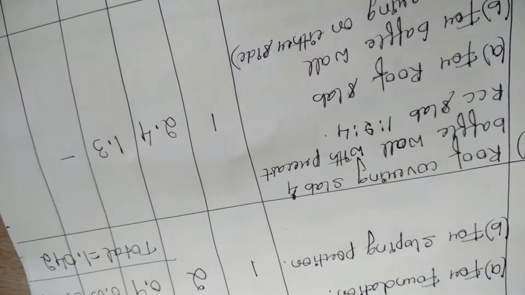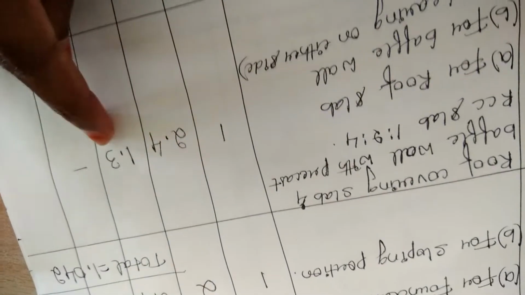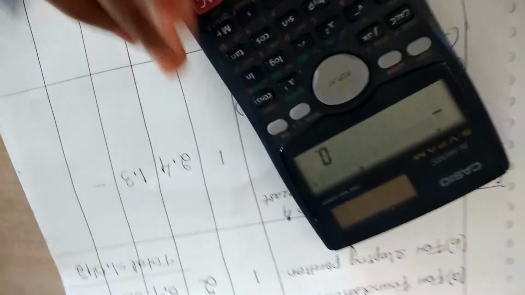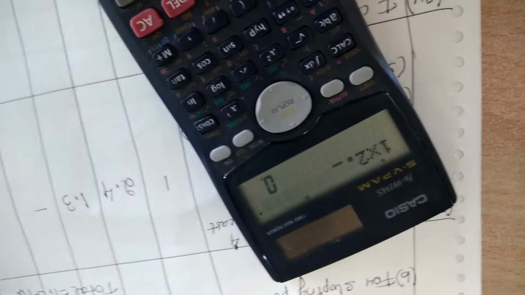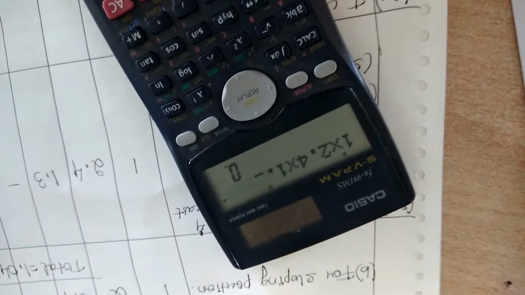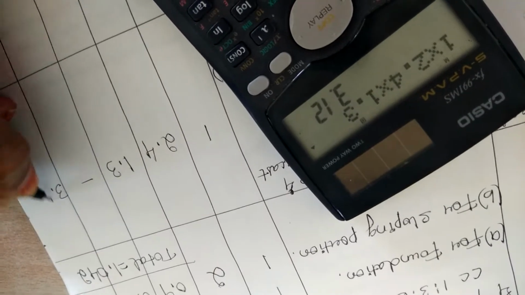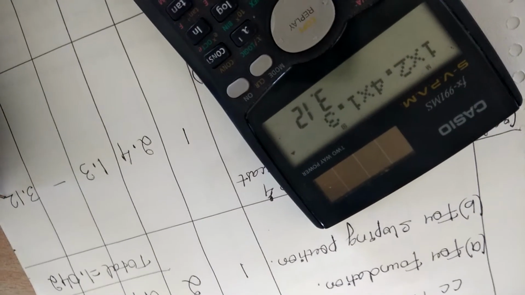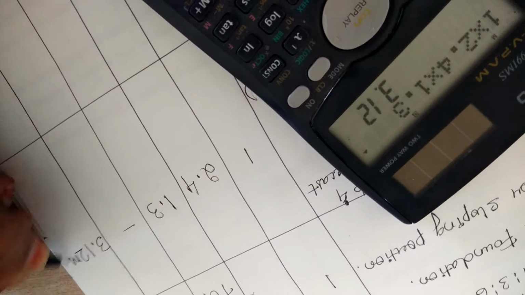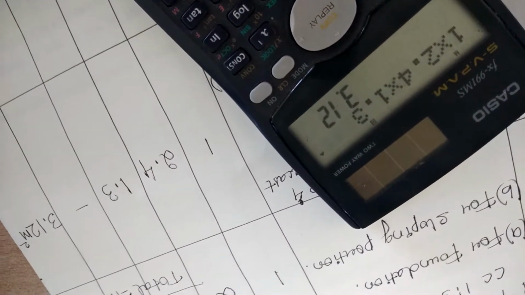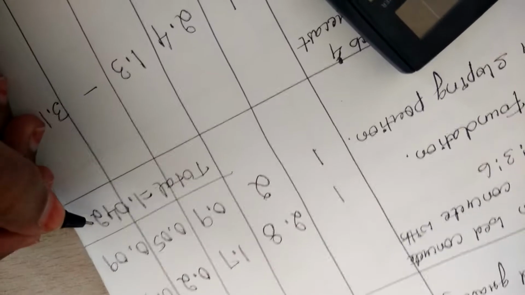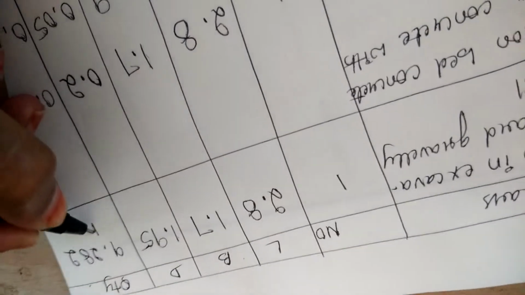Now to find the final quantity, we have to multiply all these values. So let us multiply those three values. 1 into 2.4 into 1.3. So on multiplying those three values, you will get a quantity of 3.12, which is expressed in terms of square meter. So beside this, you write the unit as square meter. For the first two items of work, those two items are expressed in terms of meter cube. So here I am writing the quantities of those two in terms of meter cube.